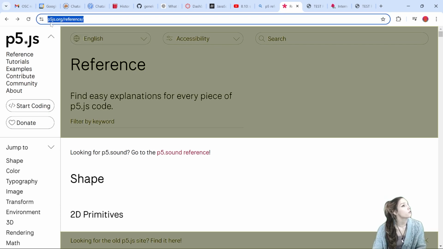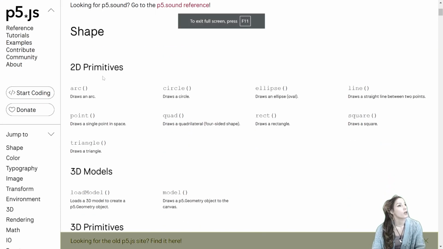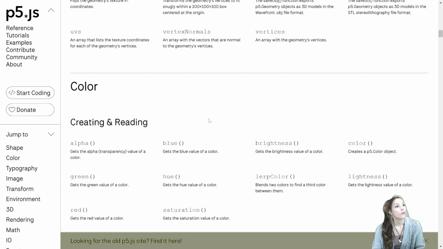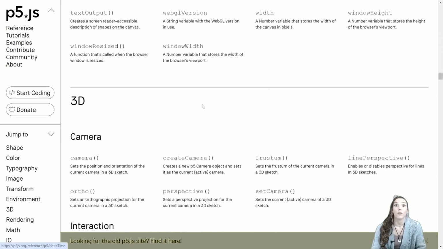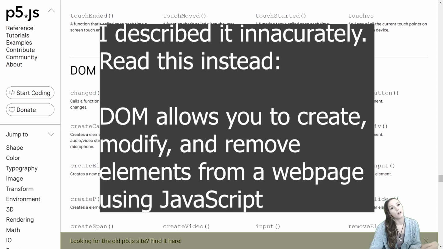So if you go to p5js.org/reference, and you can click over here at reference, you can scroll down all the way down until you get to this section called DOM. So the DOM elements are